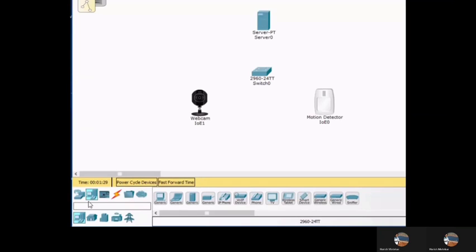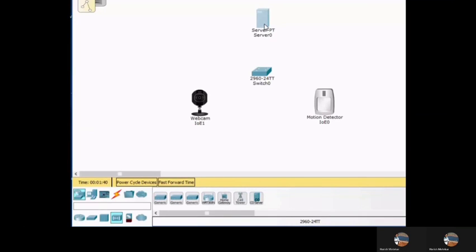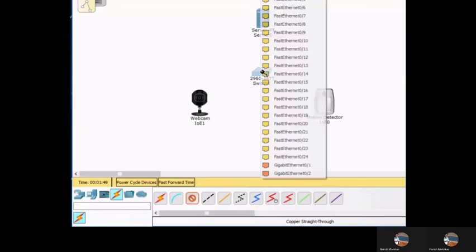Okay, if it was a wireless connection, we would require a wireless switch, but it is a wired connection, so we are not taking any home gateway or any such device. We are using this server. Now let us begin with the connection. For that we need to take the wired connection. So we are taking wired connection.